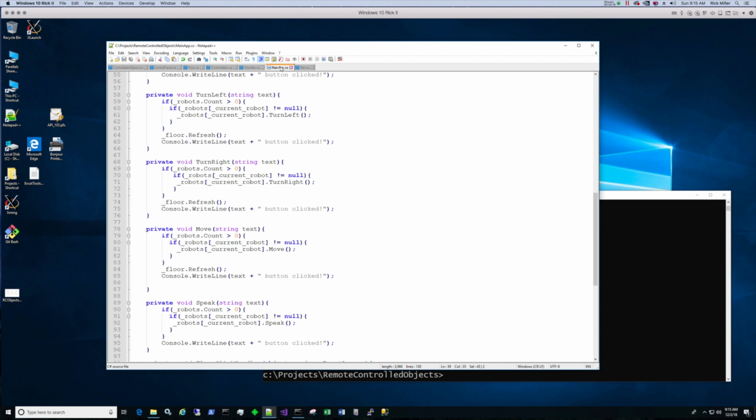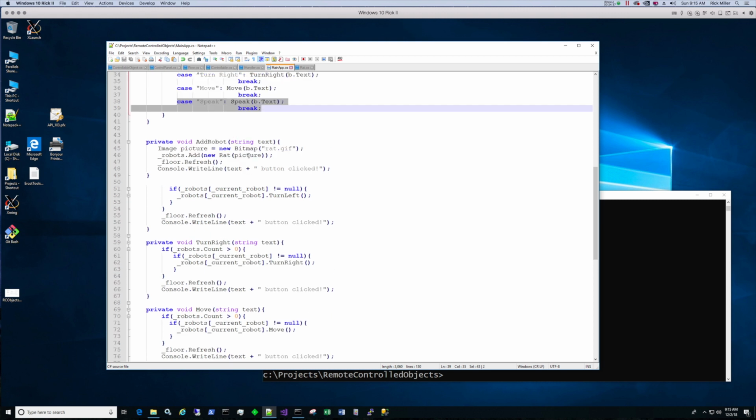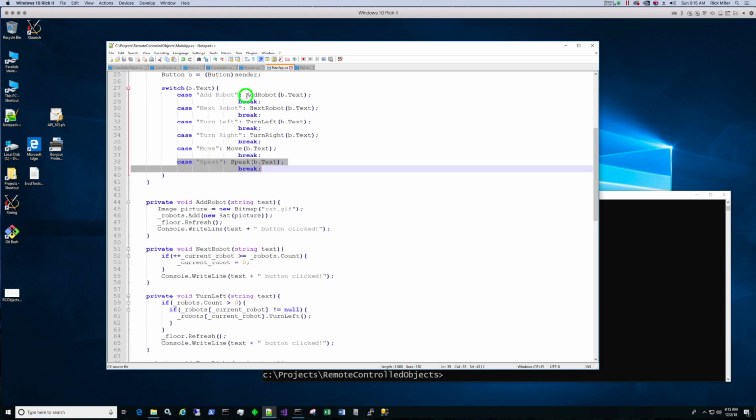So if you just go over the steps in your head, we're going to click the add rat, or add robot, excuse me, button. So let's go there. Let's trace that through. So we do the add robot. It calls the add robot method. Down here in the add robot method, we're going to